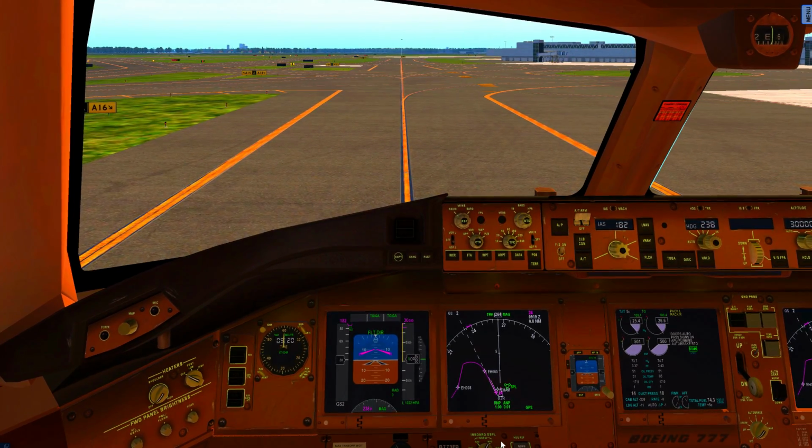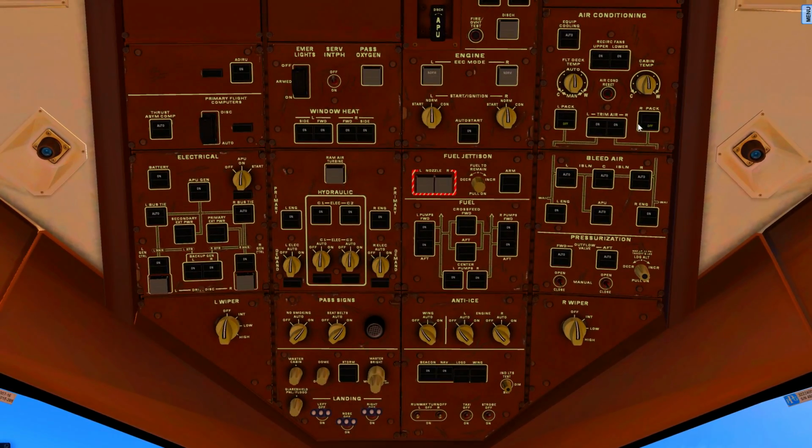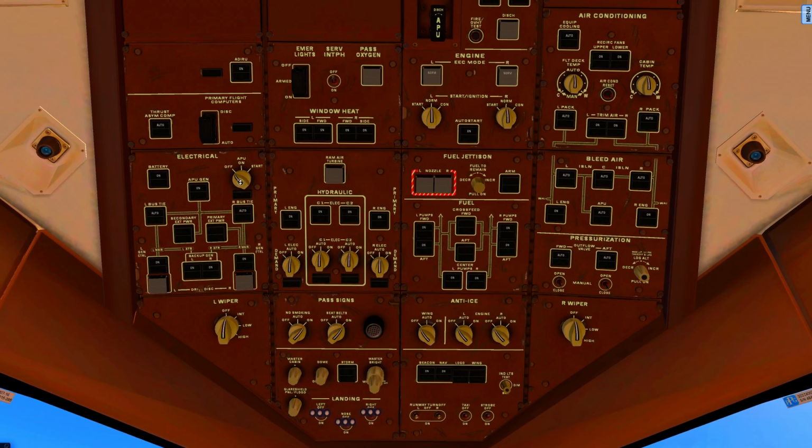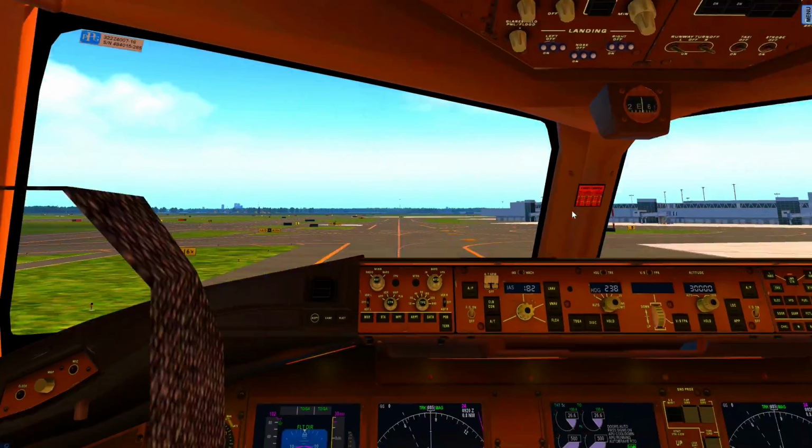So, before taxi checklist, we can put the left and right packs back to on, which are checked. APU selector can go off, which is checked. Engine start selectors are norm, which are confirmed. Left and right pack control switches auto lights off, which are checked, and we've got our left center and right isolation valves auto lights off, which are confirmed. Engine bleed air on, lights off, which are set. Flaps, which will go ahead and set